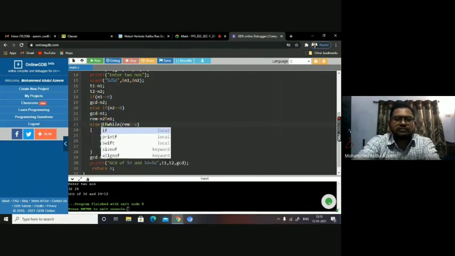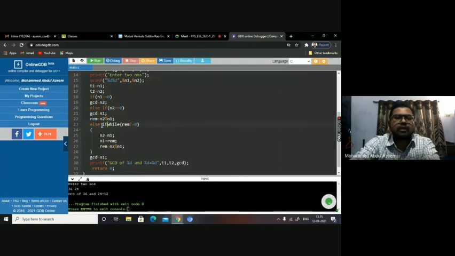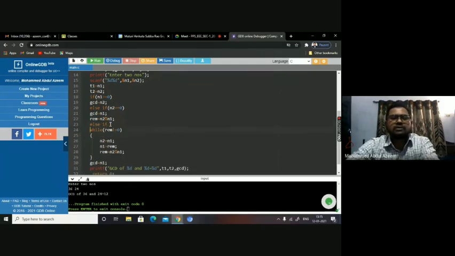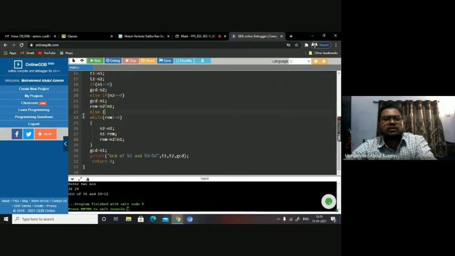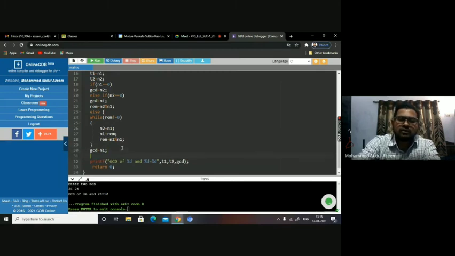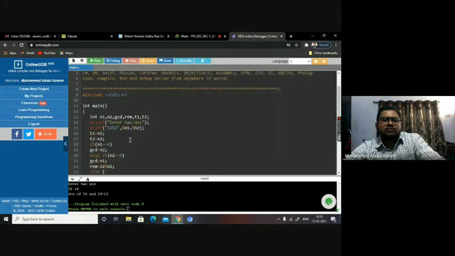Else if, when both are non-zeros, right? Or I can just say else, no issue. When I say else here, I have to terminate this else here, okay? Now you can see my program is going to work for zeros and non-zeros.